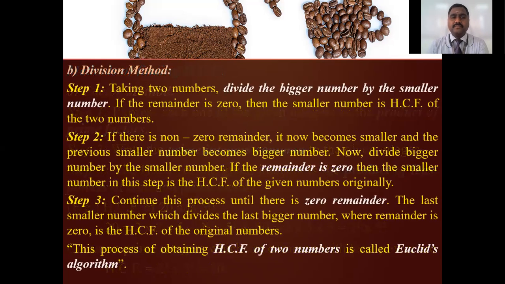Second, we have the division method. Here in the division method, a series of numbers will be given. First you have to divide the highest number by the smaller number. For example, you are given the values 72, 108, and 210. So 210 should be divided by 108, and you should keep dividing until you get 0. Otherwise, you can choose 108 and divide it by 72 and start dividing. Based on the remainder and the quotient, you keep dividing the remainders until you get 0. That is called the division method.